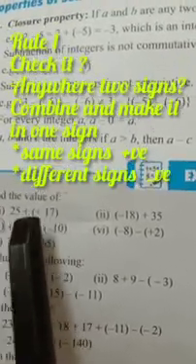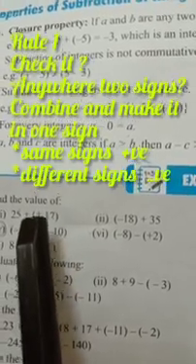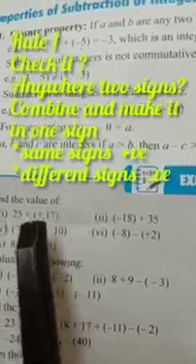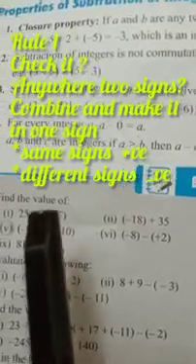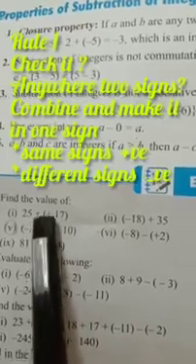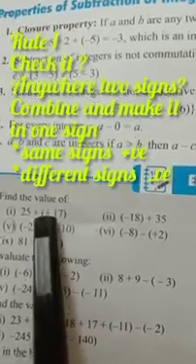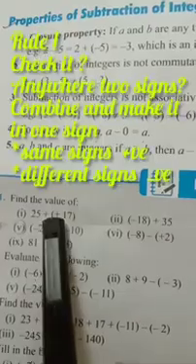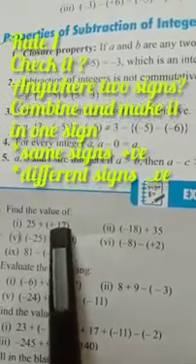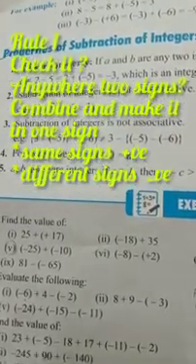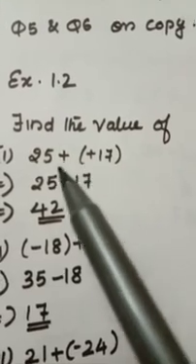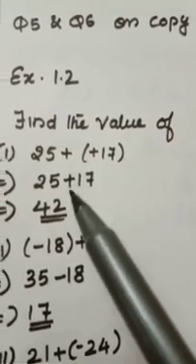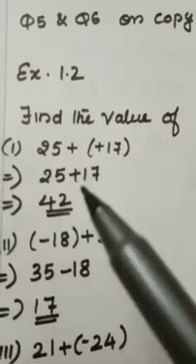If two signs are same, then it will combine and it will come plus. If two signs are different, then it will combine and come minus. Clear? Then here two signs are same, plus signs. Then it will combine and form one sign, plus sign. 25 plus 17. Clear? 25 plus 17 is 42. Plus plus same sign, it will combine to form one sign plus 17, 42.